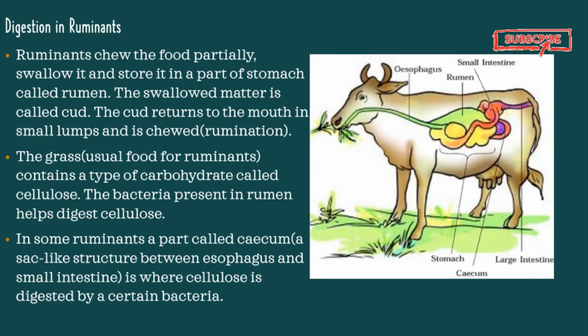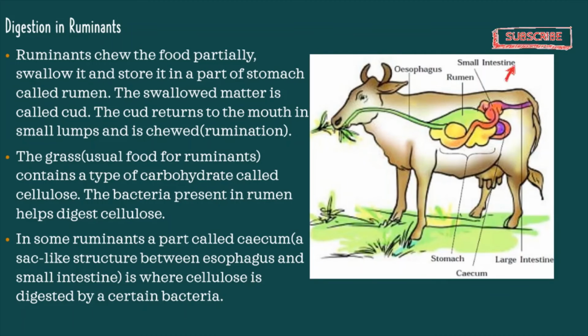It's not separate from the stomach. It's a part of the stomach where the food is stored in the form called cud, guys. And you may have seen cows and sheep chewing even when they are not eating. This is because the rumen transports the food to their mouth from time to time in small amounts, and the ruminants chew it and send it back.